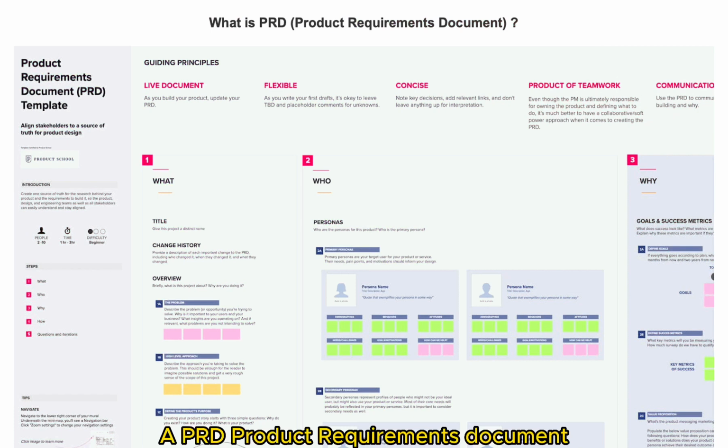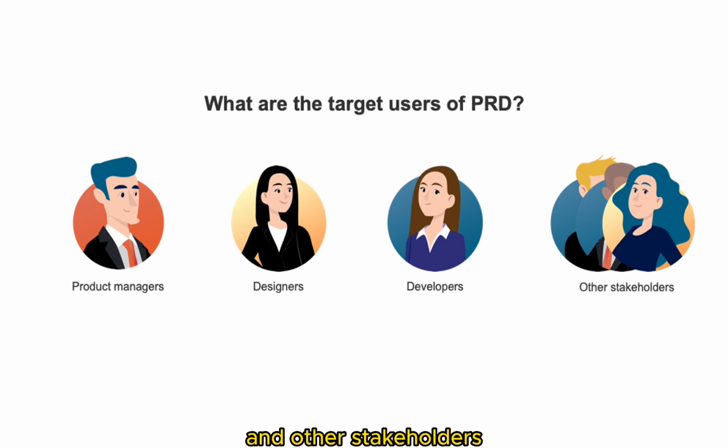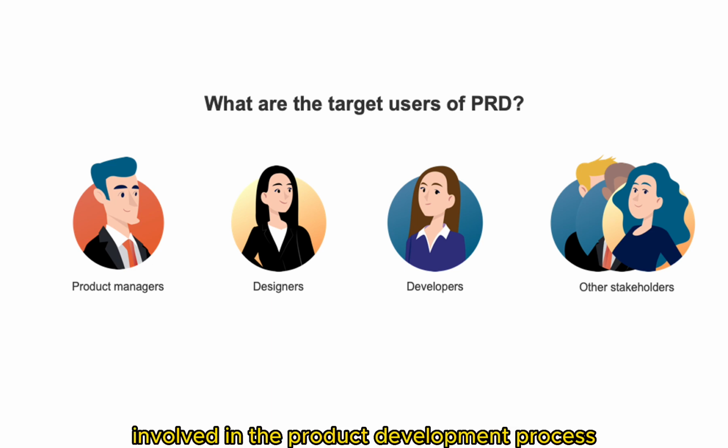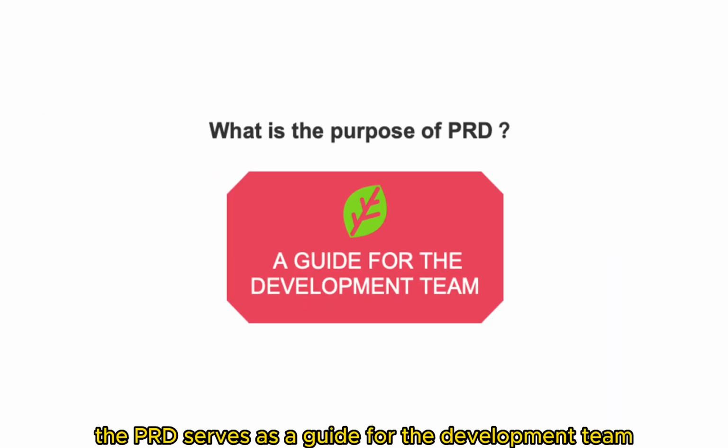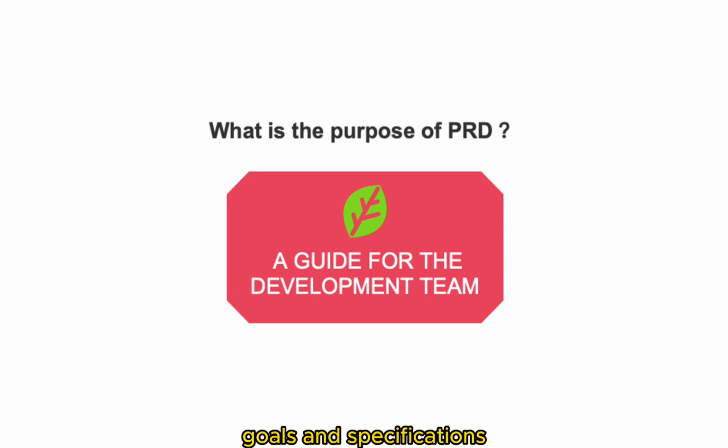A PRD, product requirements document, is a document that outlines the requirements, features, and functionality of a product. Its target users are typically product managers, designers, developers, and other stakeholders involved in the product development process. The PRD serves as a guide for the development team, ensuring that everyone is aligned on the product's goals and